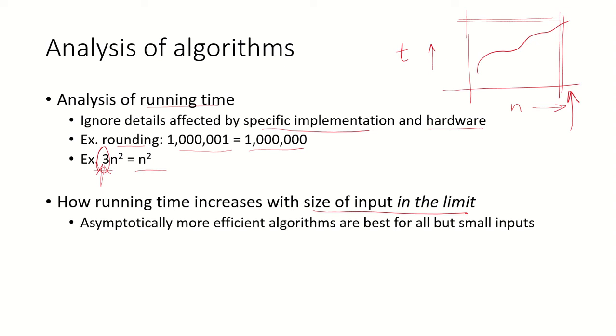Also, we will see that more efficient algorithms are usually best for larger inputs, but might not necessarily be efficient for smaller inputs. So if we have an algorithm A, and an algorithm B, for large values of the input size, we see that B performs much better than A. But if we look at the smaller input size, then you might feel that A is a better algorithm. So efficient algorithms are best for larger inputs, but they might not be suited for smaller inputs.